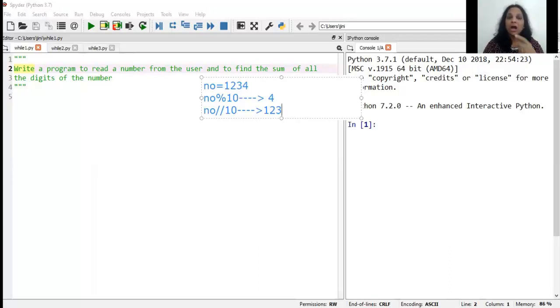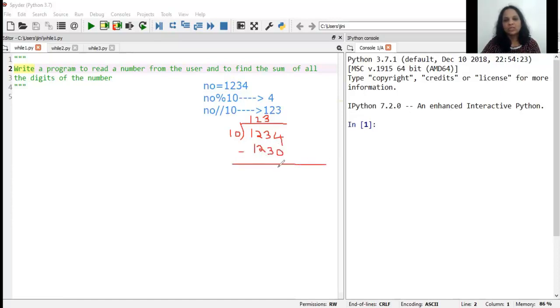Now you want to say, how is ma'am saying all this? Let me just do the division for you. So you have 1, 2, 3, and 4. You're dividing it by 10. Can I say 123 times 10 is 1, 2, 3, 0? Correct?